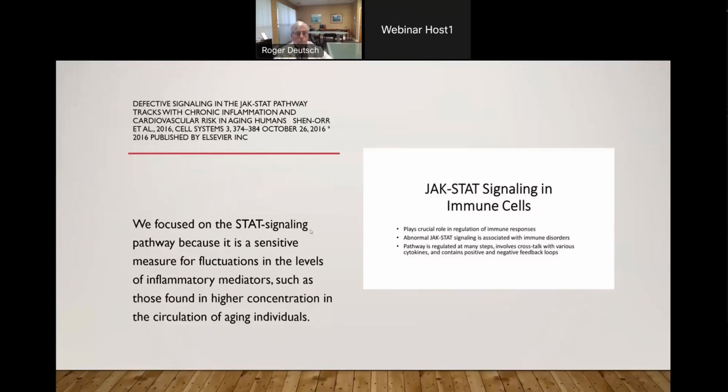So we took a lot of the direction from stuff in the literature that we found to be pretty important. This paper from a few years ago called Defective Signaling in the JAK-STAT Pathway tracks with chronic inflammation and cardiovascular risk in aging humans, published in Cell. And it's a super strong predictor of how well a person's overall health is reflected in their ability to harmonize with the environment. We focus on the STAT signaling pathway because it's sensitive